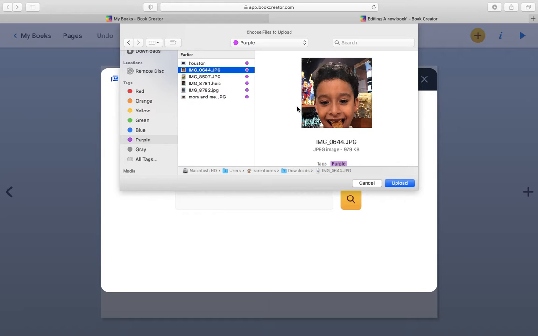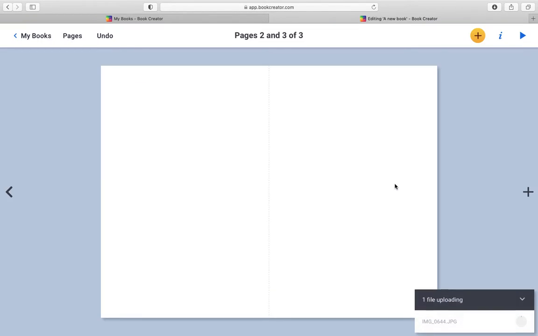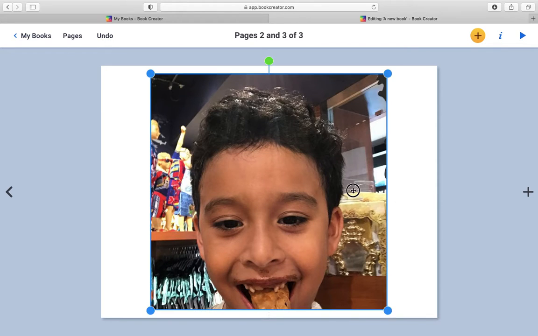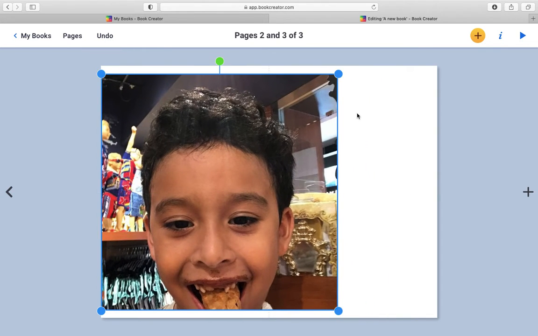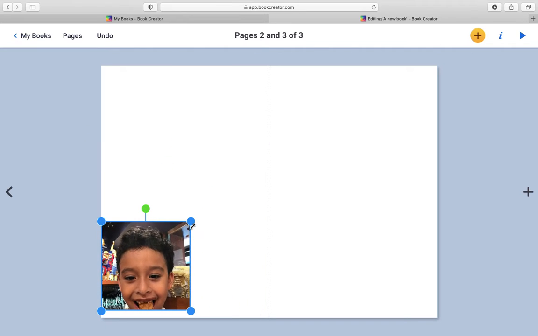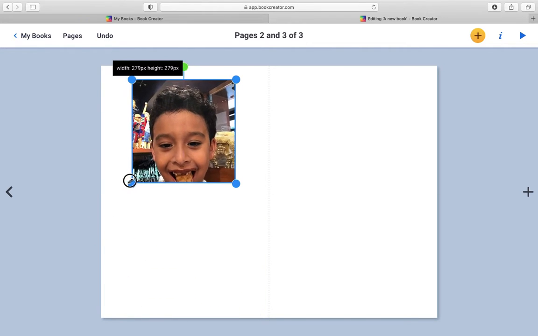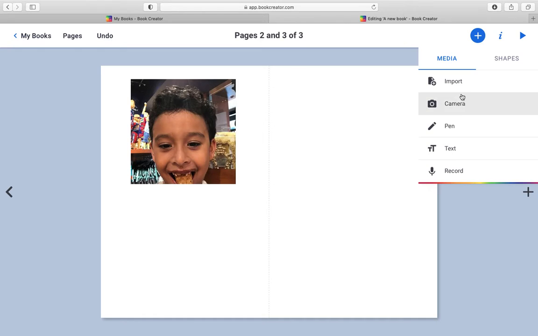So let's just put a picture of my little brother. So this is a picture of my little brother. It allows you to resize the picture however you want, and it even gives you space to do other things. Also with this, you can go ahead and